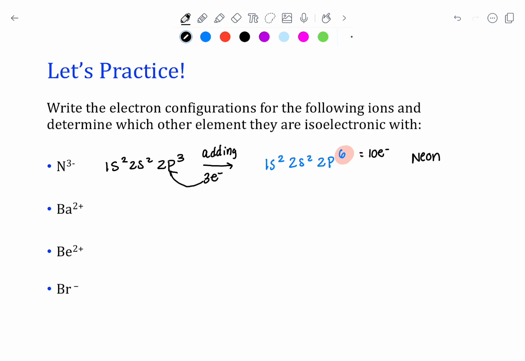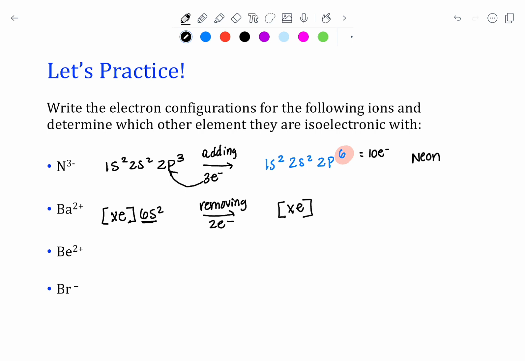So barium is element 56, so it may be easier to draw this electron configuration as a noble gas core, so we don't have to draw all of them out because we know those core electrons are not going to be removed. So our noble gas core for barium is xenon 6s2. Now the 2+ tells us that we are removing 2 electrons. So those 2 electrons are coming from that 6s shell. So we're left with